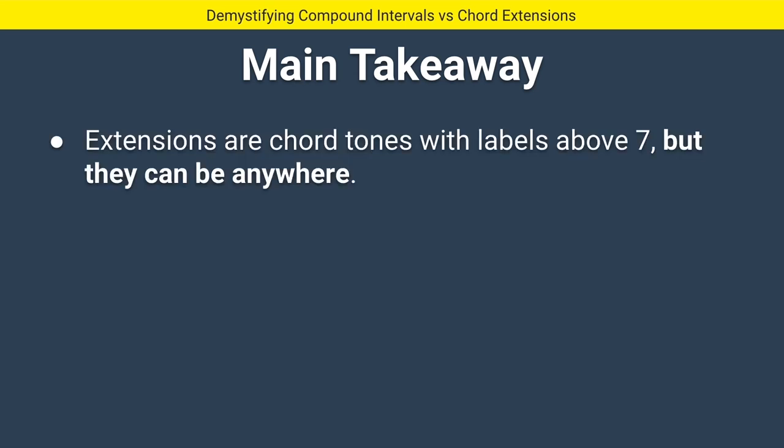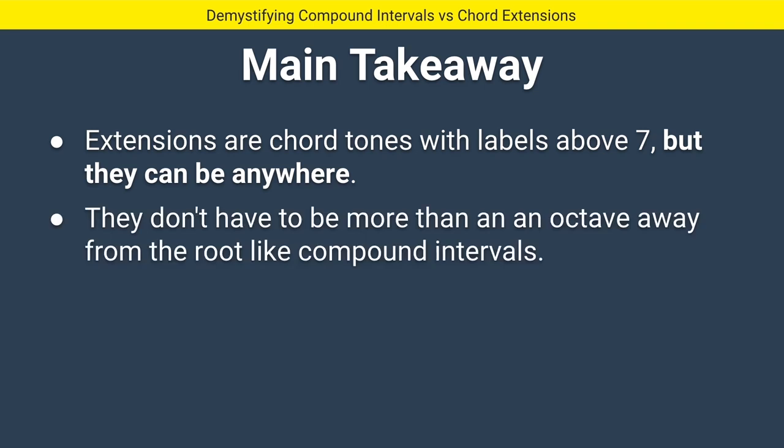Our main takeaway here, the point of this lesson, is that extensions are chord tones with labels above 7, but they can be anywhere. A lot of times people think, oh, an extension like a 13, oh, okay, that's a 6, an octave up. That's the compound interval definition, but not the chord tone definition. So extensions, chord tones that are above 7, don't have to be more than an octave away from the root